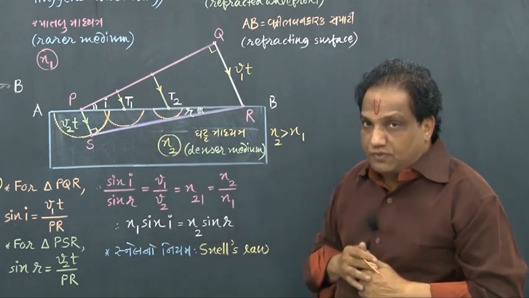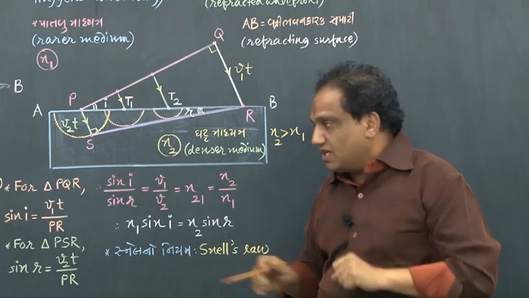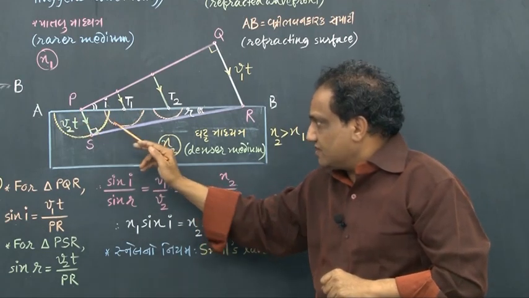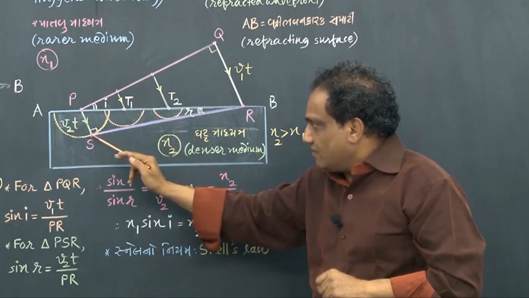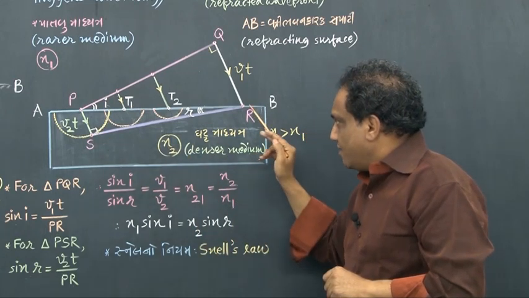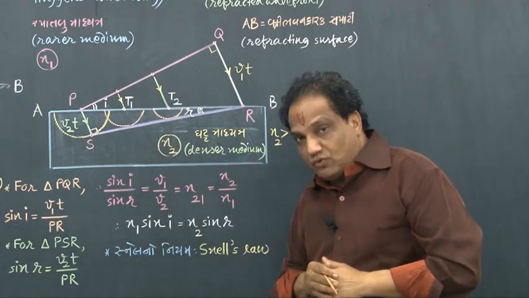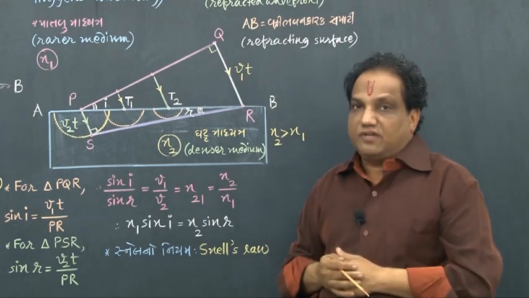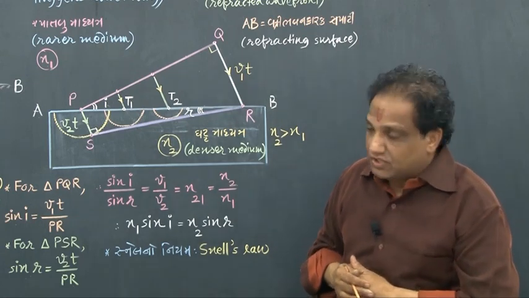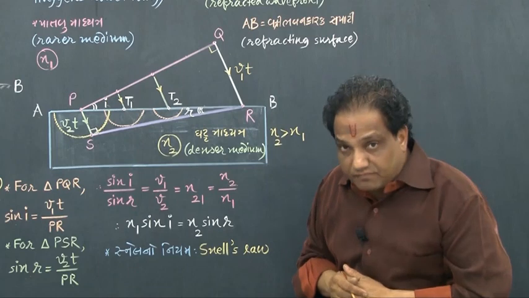Now draw a surface tangential to all these new wavefronts, and that surface would be this. Again, it is a plane surface which gives the refracted wavefront,